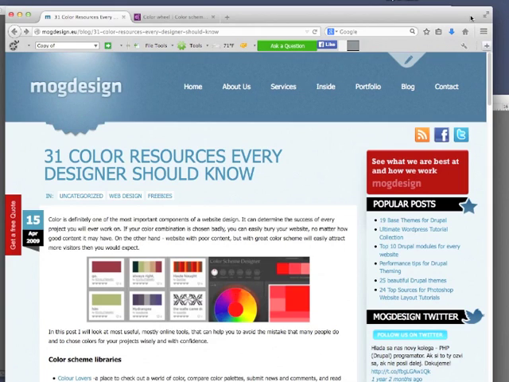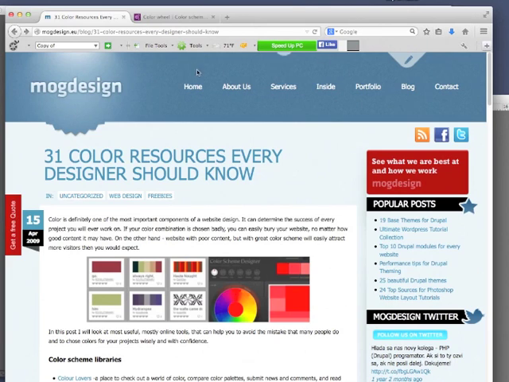As many of you probably know, there are myriad color resources out there on the internet for exploring not only color schemes, but basic ideas about color, ways to create color ideas and schemes and themes, and there's way too many to cover in a short informative video. So I'm going to show you this one web page, and then I'm going to demo one of the resources